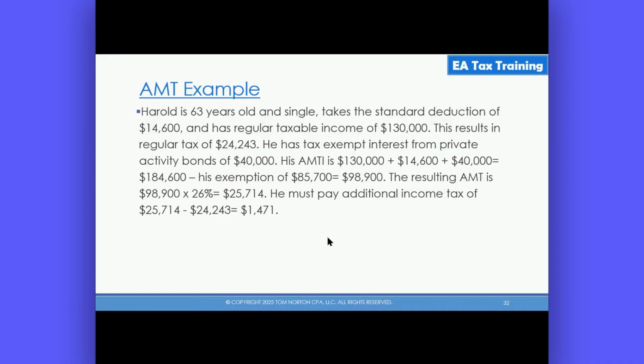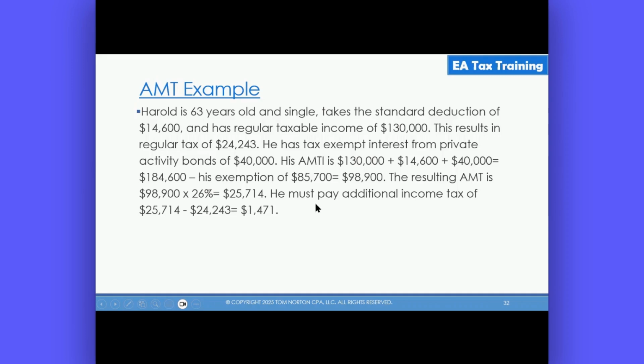Therefore, his tentative AMT income is his $130,000 regular taxable income, plus we have to add back his standard deduction, plus we have to add back the income from those private activity bonds. So that totals $184,600. His exemption, since he's single, is $85,700, which leaves him with AMTI of $98,900. His alternative minimum tax then is 26% of that $98,900, which is